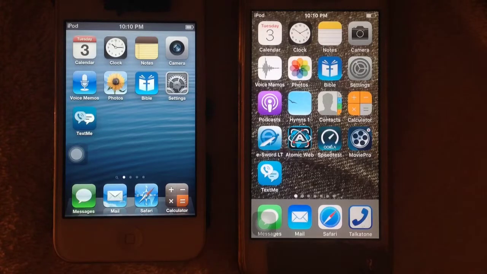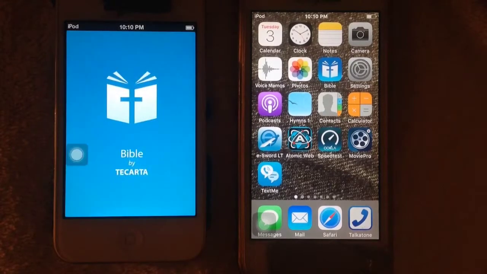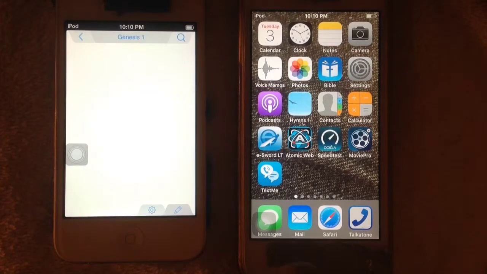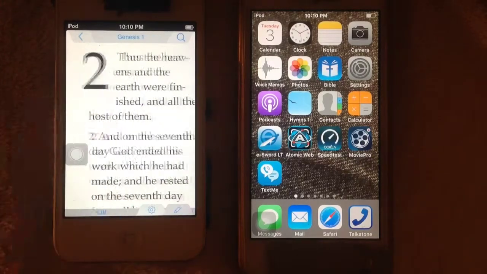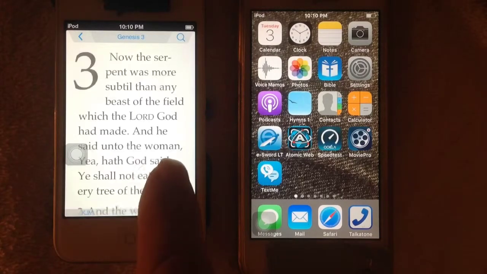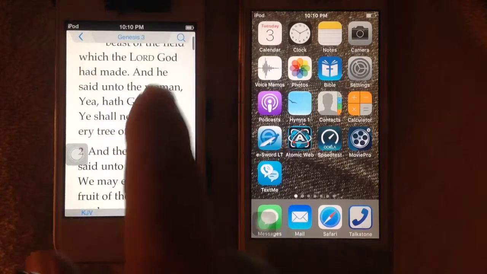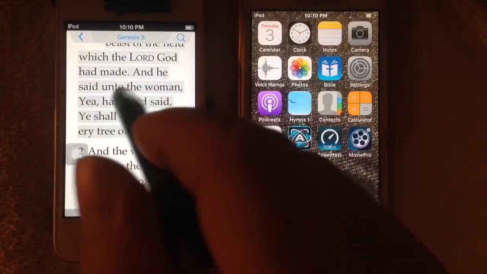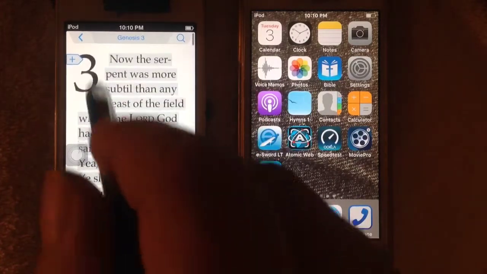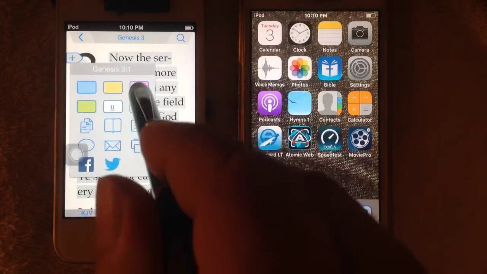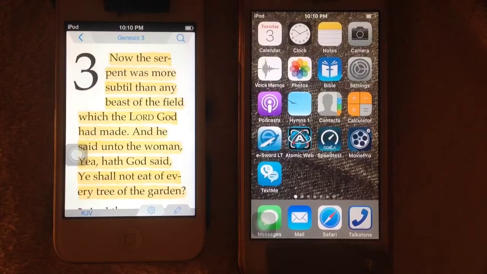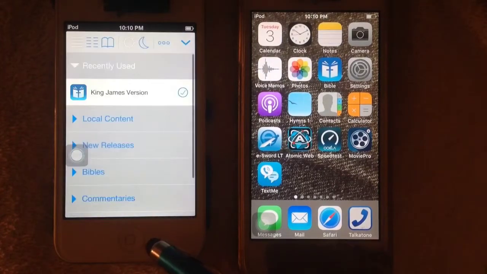Well, starting, once again, let's go to the old pod here. It's fired up. You want to read it, you snap it over. You want to scroll, you scroll. You want to highlight, you tap it one time, and then tap the plus sign, and there's a good yellow color, and it's highlighted. You want to get in some features, you tap down here on the